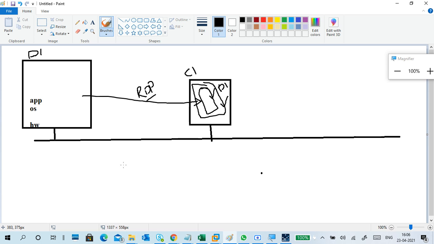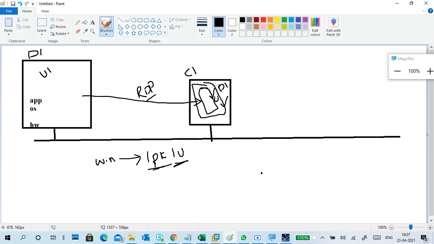In the Windows operating system, we have a limitation: one PC, one user. At a time, only one user can log into one PC. Two users cannot log into one PC, directly or remotely. For example, this has user one.